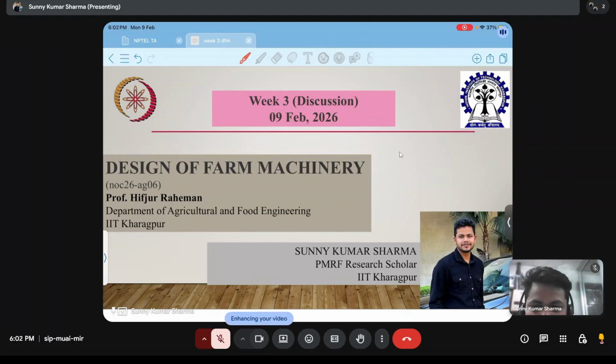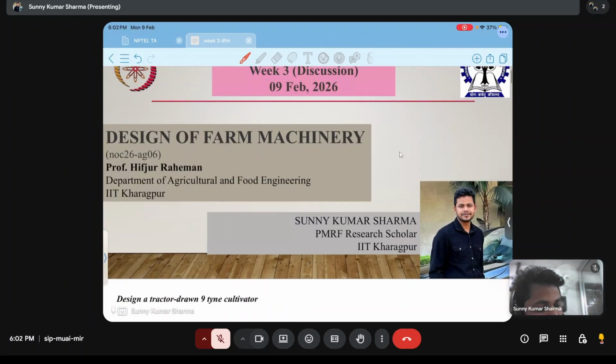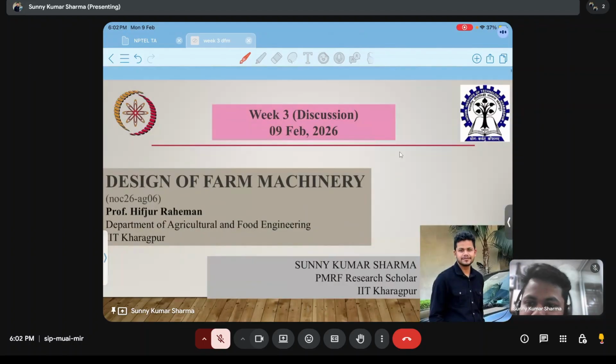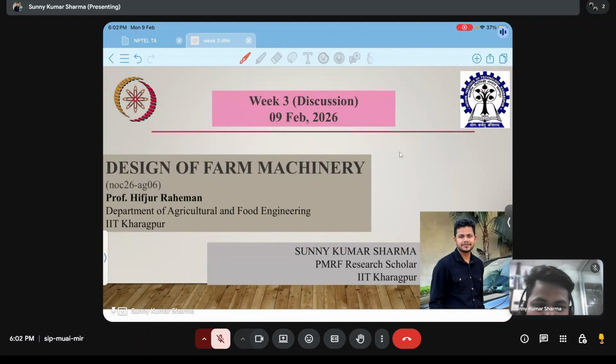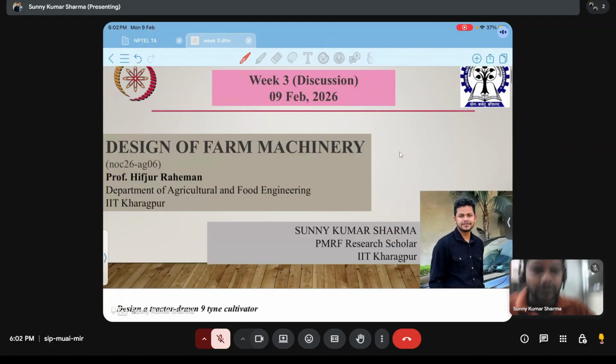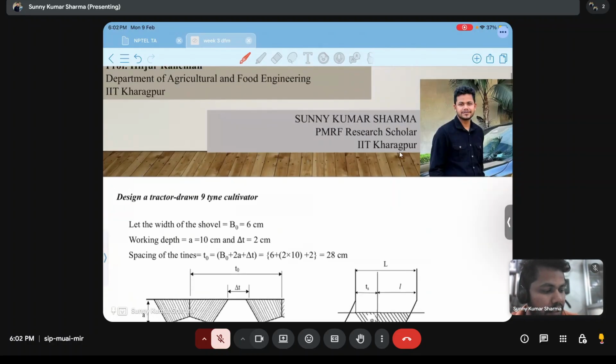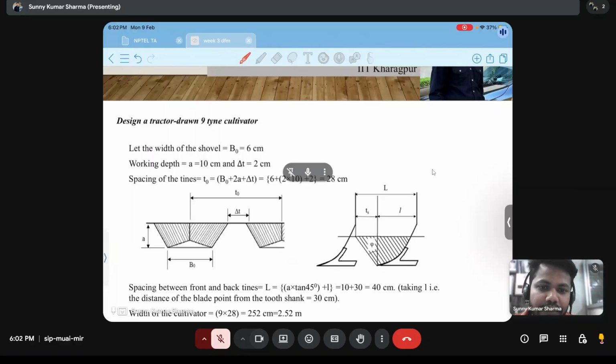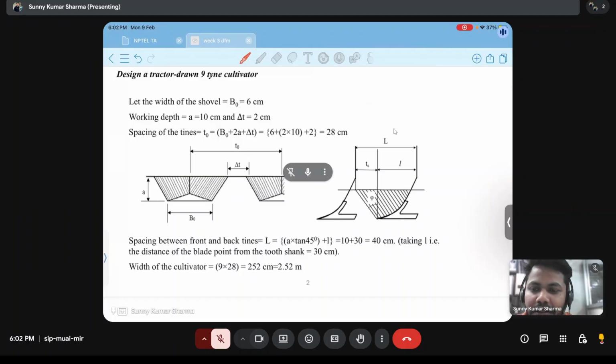In this third week discussion of this course, design of farm machinery. This course is taught by Professor Hibjur Rahman, and this is a part of my PMRF TA. So here we will discuss the whole class of week 3. First we will start with the design of a tractor